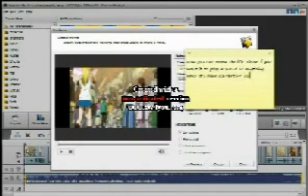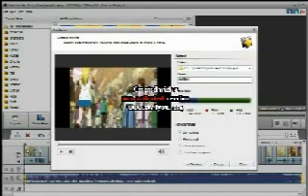And then this is your last screen. This screen lets you name the file, choose what folder it's going to be put in when it's done, and you can have the software play a sound or any of those options when the file is done converting. I always have it on do nothing, so then we click on create, and